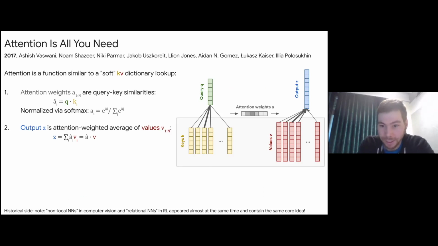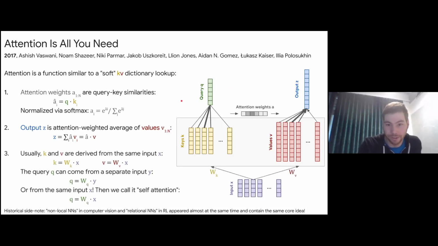Now I started in a kind of abstract way, looking at this in isolation. You will later see how it becomes part of a whole architecture and so on. But I should already mention that usually you have a set of input vectors that come from somewhere, and then they get linearly transformed to keys and linearly transformed to values. And these transforms are 2 different ones that are learned. And then you have your query, and so you get your output. So you transform the input that gets turned into this dictionary, and you get one output per query. And you have as many keys and values as you have inputs usually.